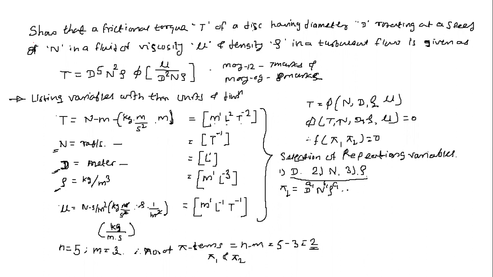What I am going to do here, I'm going to consider torque and its power as a1. Okay, this is our first pi term. Similarly, now the second pi term, pi 2, will be a combination of repeating variables and one of the non-repeating variables. So the repeating variables are d, n, and rho, and the non-repeating variable is mu. But now here the powers will be different from those of the first one. I have to consider the powers as a2 for d, b2 for n, and c2 for rho. This is our second pi term.